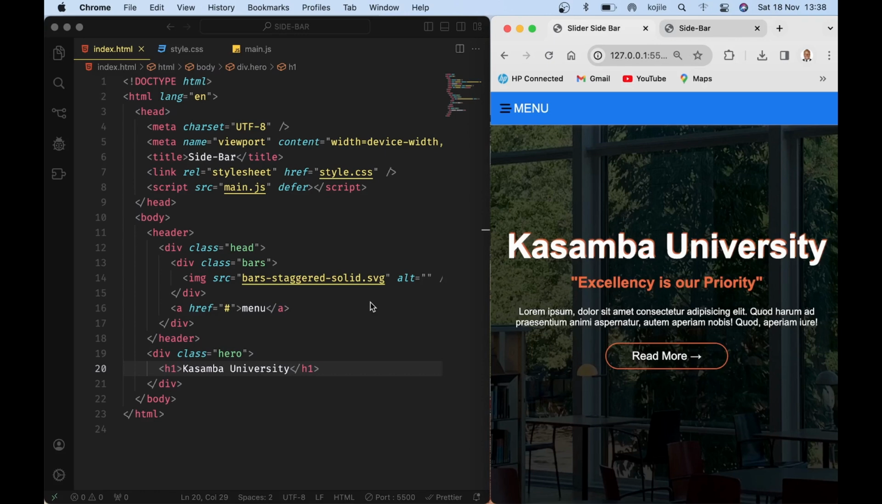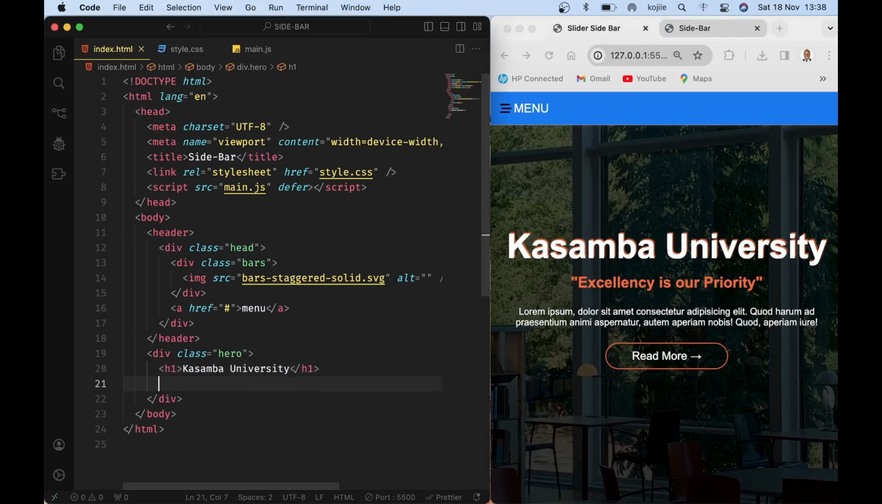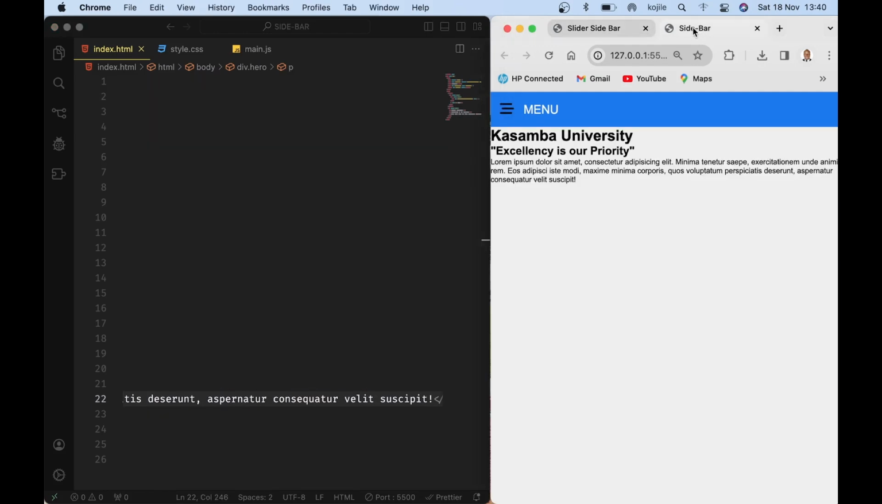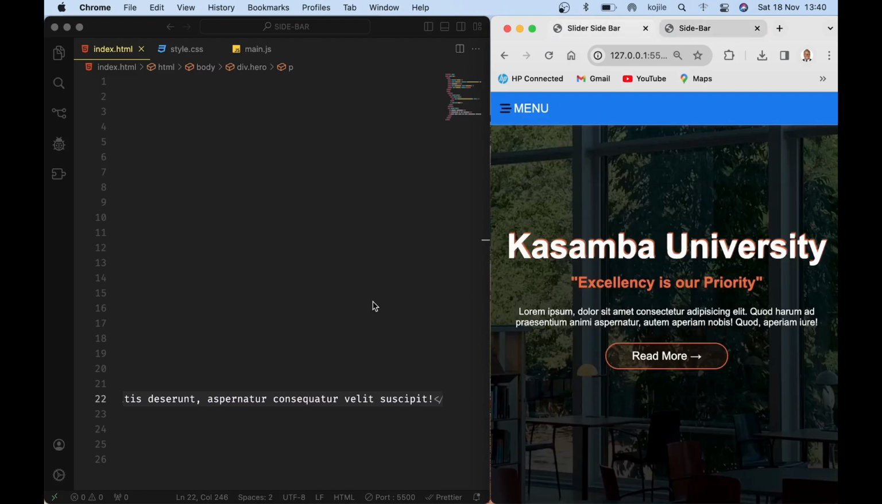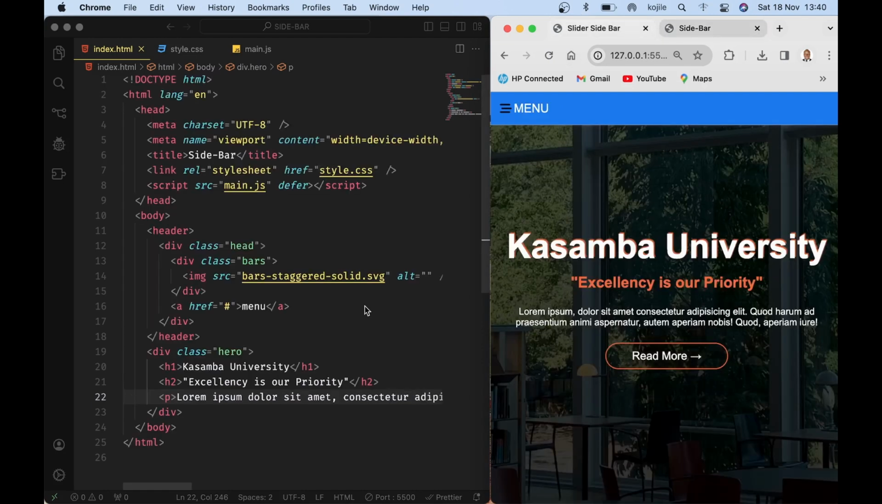The next one, I think we can use H2 here. The next is a paragraph with dummy text of Lorem. When we check around, we have all this here. And the next is this button. So from the same div, we have a button with a class of btn, and it has a writing of read more